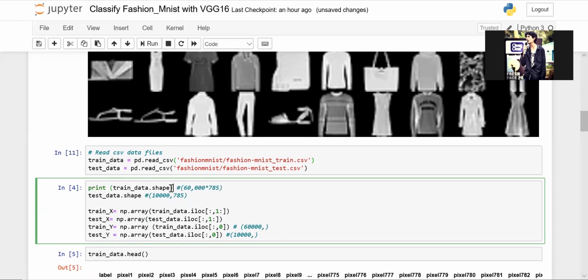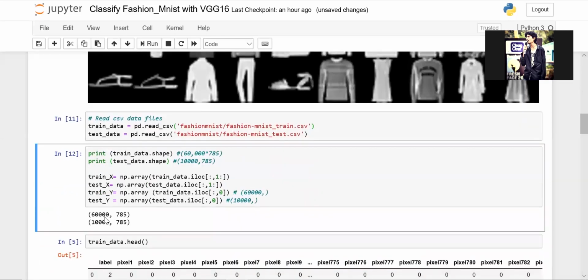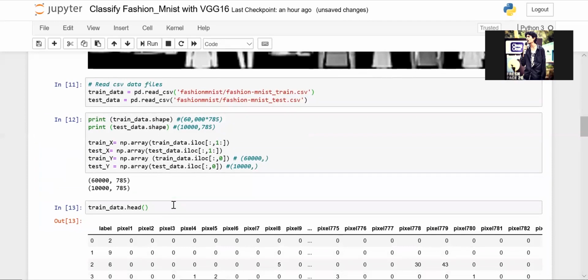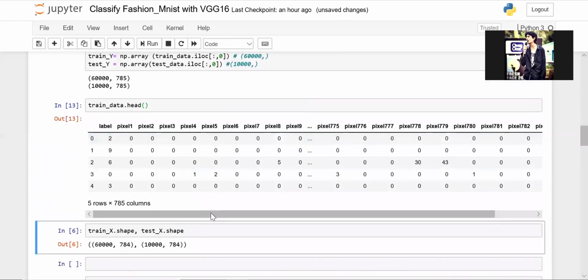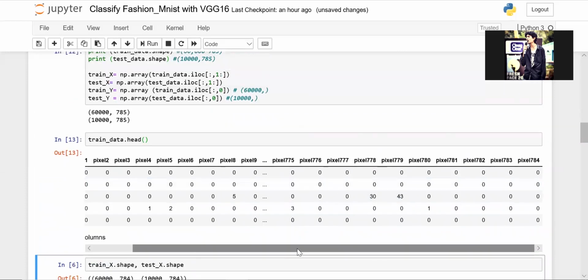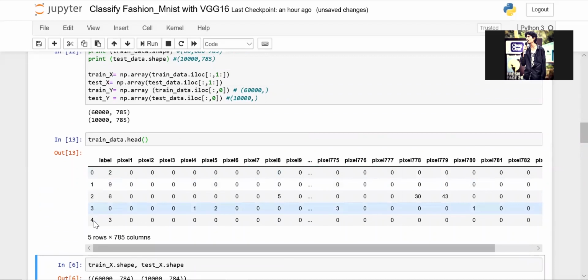I have already mentioned it right next to it. So we have 60,000 images of 785 dimensions and 10,000 images of the same dimensions. This is how the data looks: each and every pixel till the final pixel, 784, with a label indicating which type of image it is.